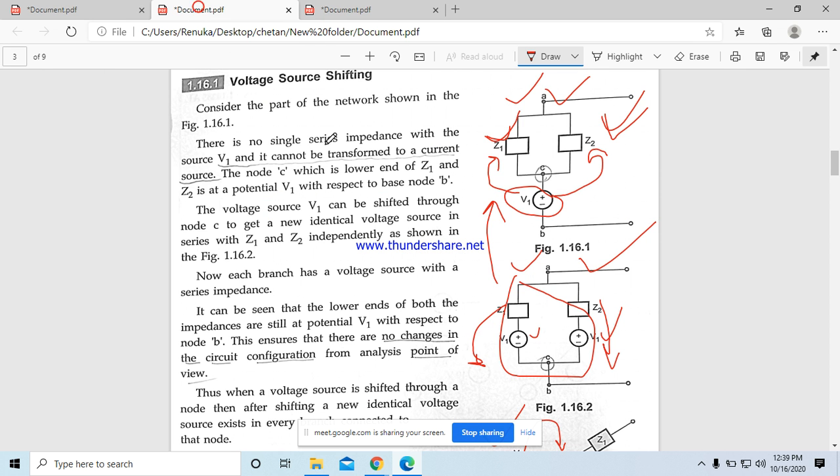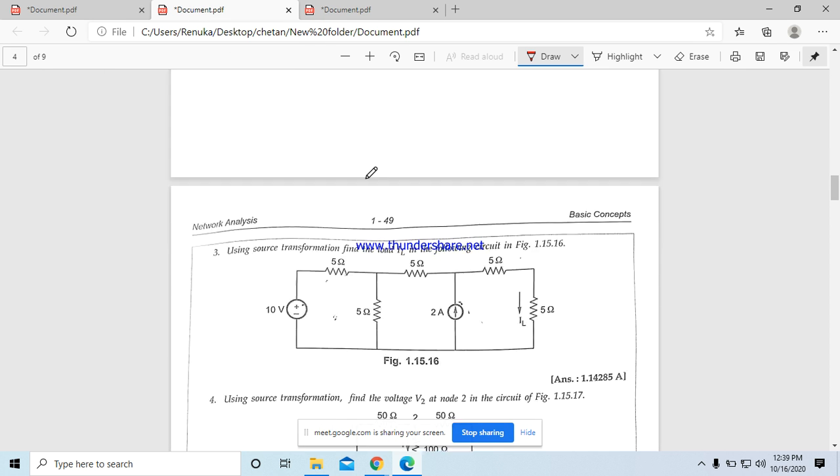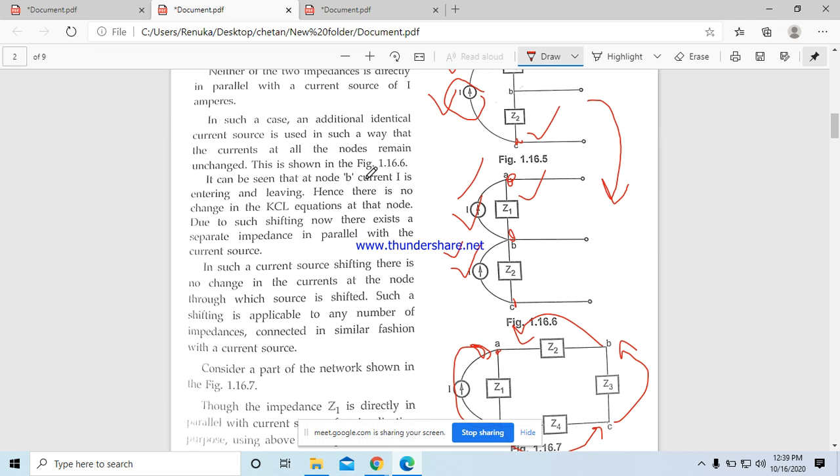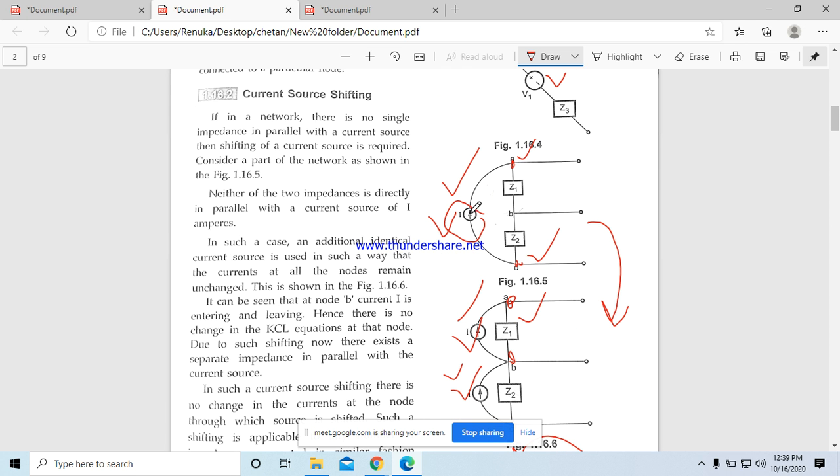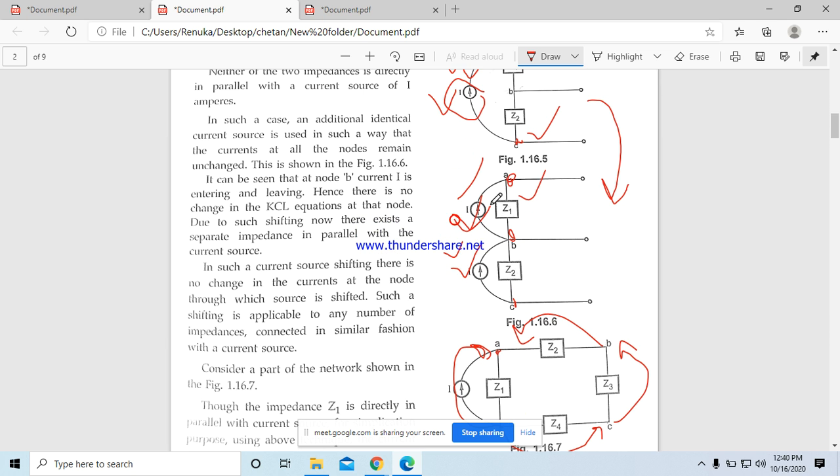Why is it like this? According to this technique, what is that technique? Here you can see the current source I is common to Z1 and Z2. Whatever effect this current source I has, the same effect you can get if you draw the current source I individually to Z1 and Z2. There is no change at all. So because of this,